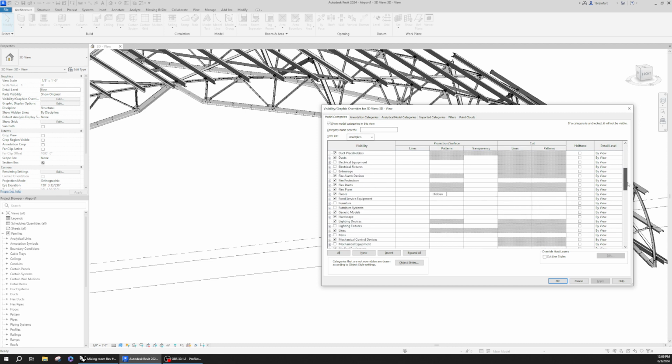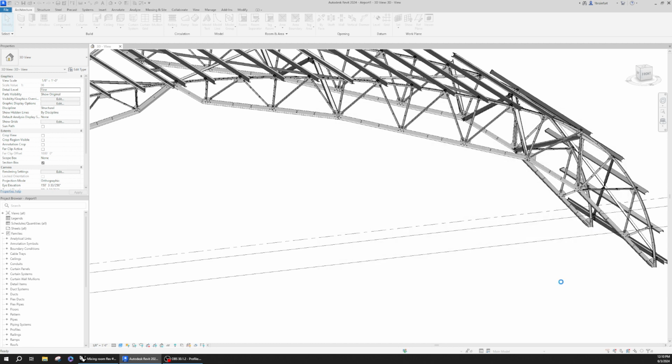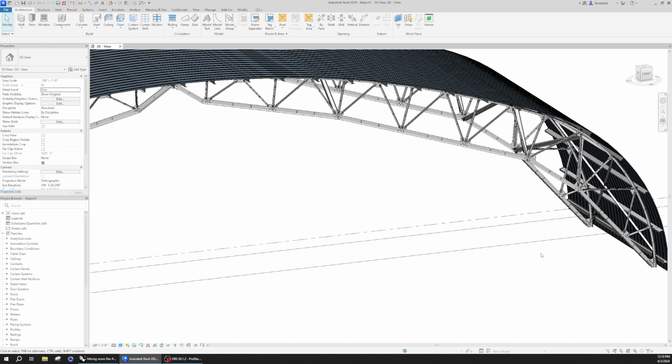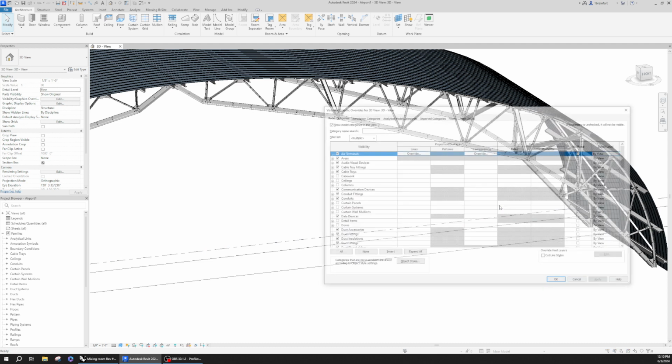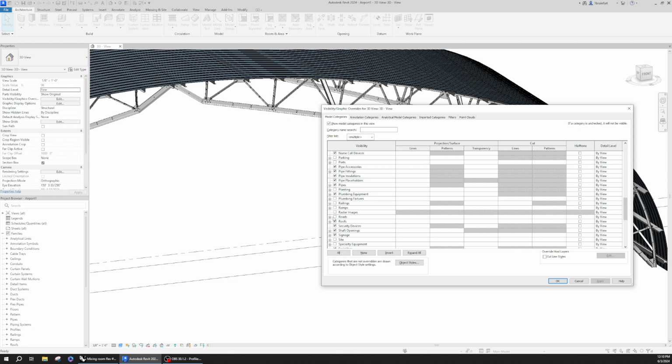So let's go down to roofs. Turn on the roofs. Hit OK, and let's see what it does. Yeah, it just turned on the area that's within the bounding box. So now you have your roof section there and those trusses. So I'm going to go ahead and go back to the roof, turn the roof off, hit OK,